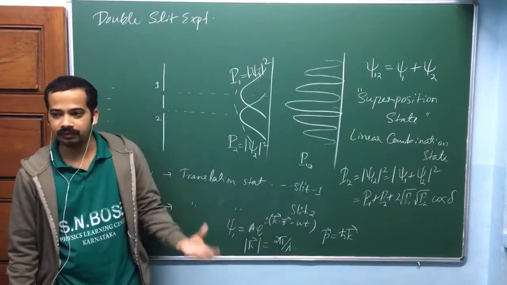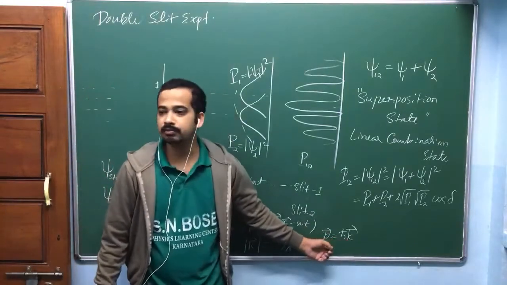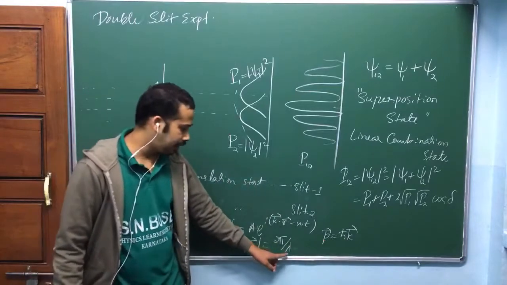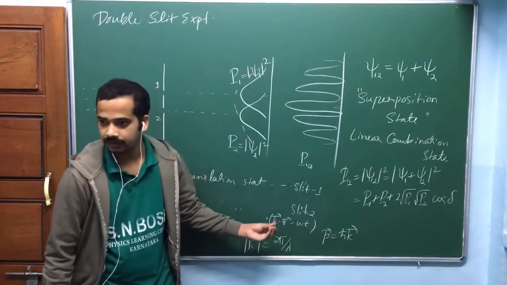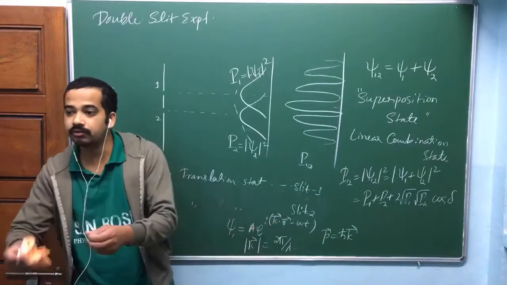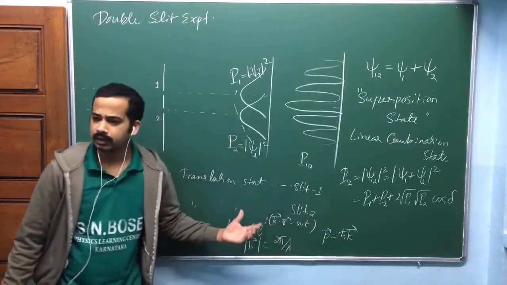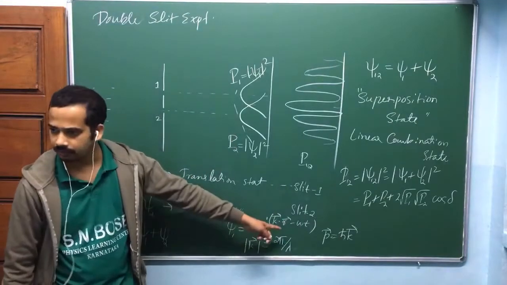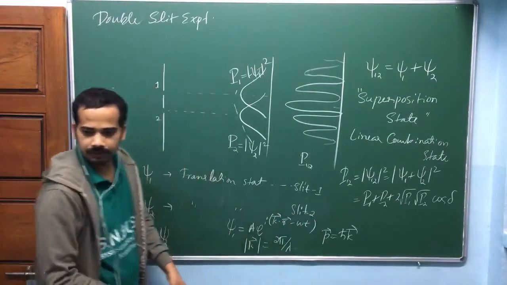Maybe the terms are different. Again, h bar into k, we need to define it as momentum. We don't define momentum for a wave, isn't it? But lambda we can define here, and it is the de Broglie wavelength because we are talking about a particle which has a mass. We are going to solve the Schrodinger equation. In the Schrodinger equation, mass also comes in. But this functionality looks exactly similar to the same equation, e power i (k dot r minus omega t), that I wrote in the last class. So again, our wave optics also gives the same thing.